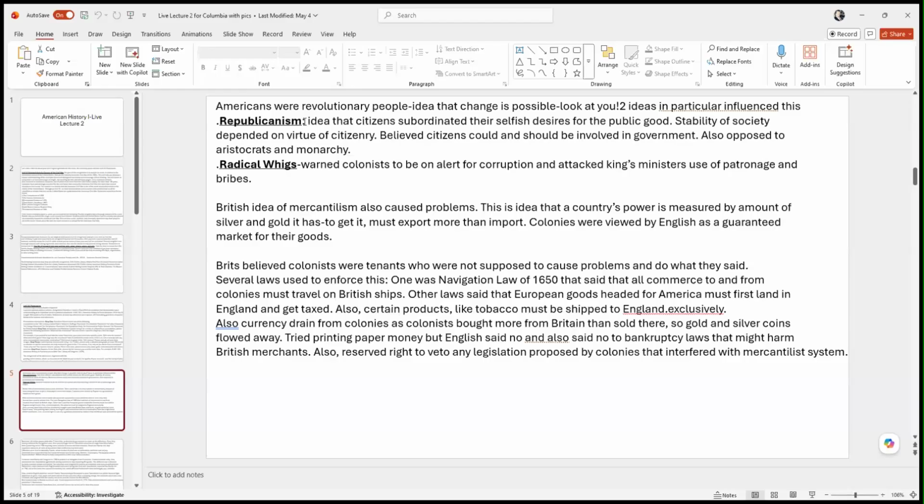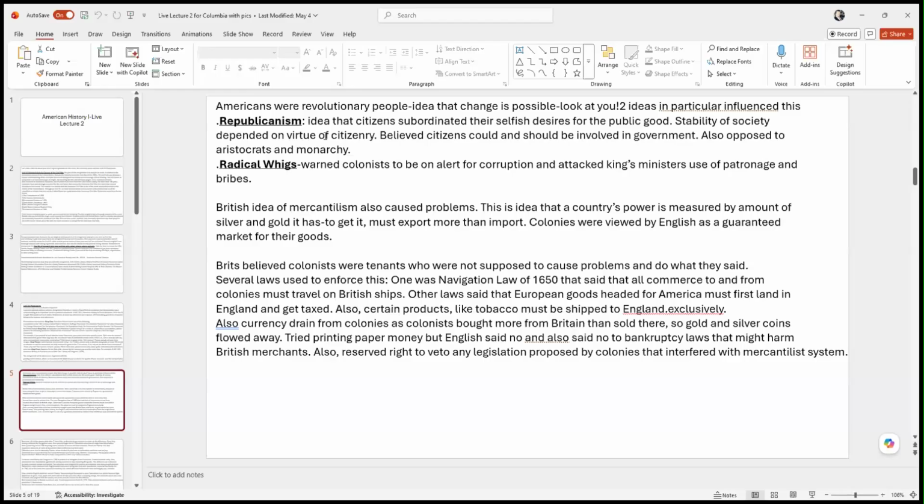Okay. And the other thing with republicanism, as far as it's connected to the revolution, is that it was very much opposed to aristocracy and monarchy. In other words, they didn't like the idea that anybody should feel like they were better than somebody else or that they should inherit their title or whatever. And of course, that's going to be directly against the British, because their entire system of government was based upon aristocracy and heredity and all those kinds of things. And probably, I would say 100% of the American founders were really big proponents of republicanism. Okay?